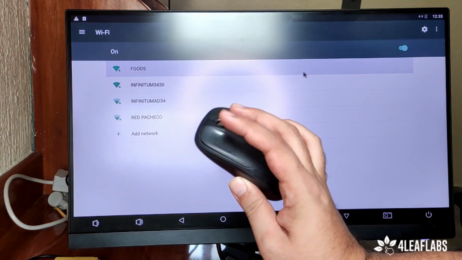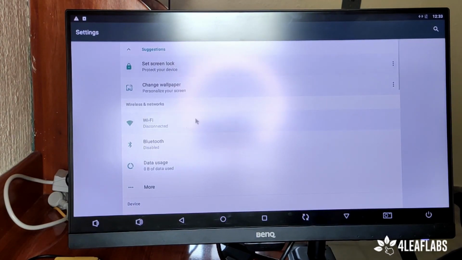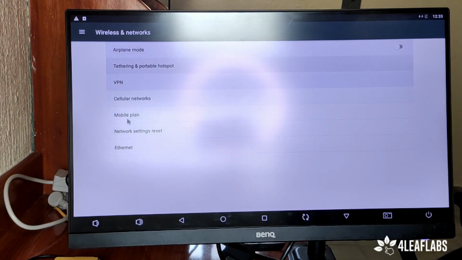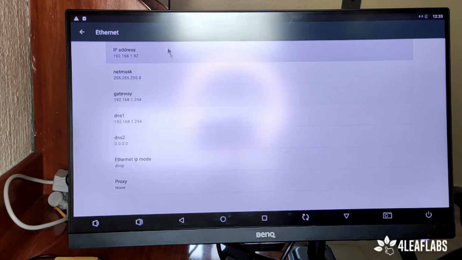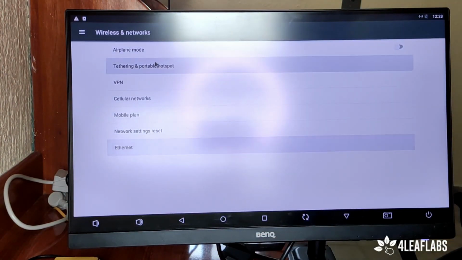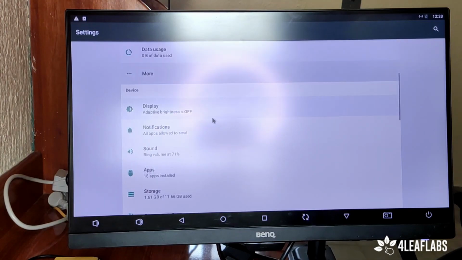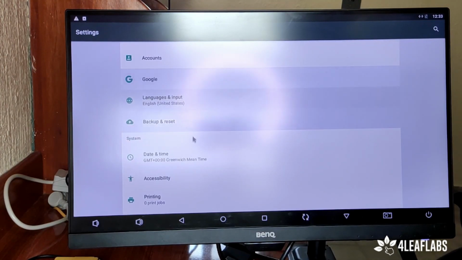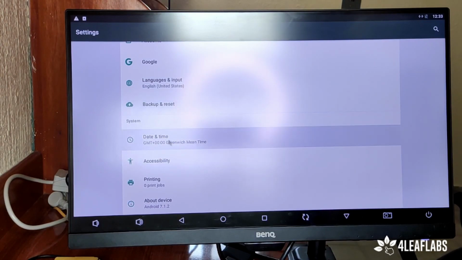Now let's go back with one right click. This is the shortcut to go back one step and go to more just under data usage. Just a reminder here before going to Ethernet is that airplane mode should be always turned off. If not, you will get disconnected everywhere. Ethernet will fill all information here automatically, so you will know that you are right if you have this information filled out already. Let's scroll down a bit and we should go to the system section and click on date